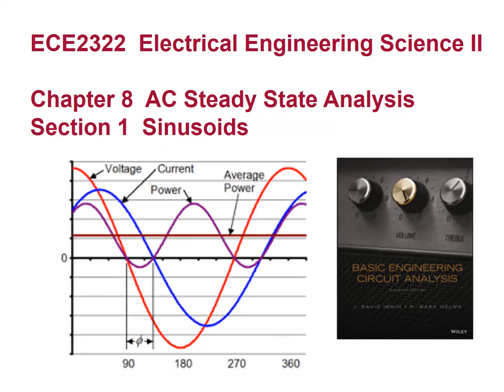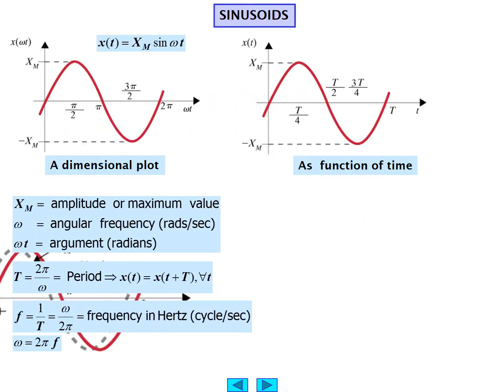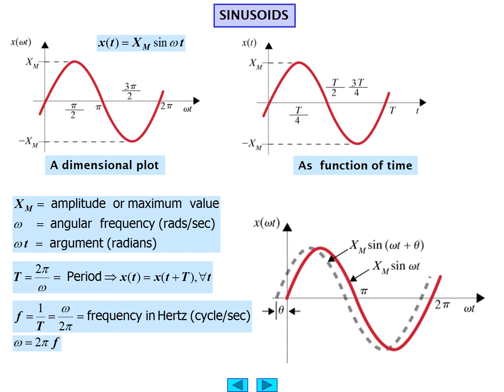Section 1 concerns itself with a review of sinusoids. Here we have a plot in the upper right-hand corner of a sinusoid on an axis which is labeled omega t, omega being the angular frequency in radians per second, and omega t being the argument, which has to be in radians, of course. For a single frequency sinusoid whose peak amplitude is x sub m,